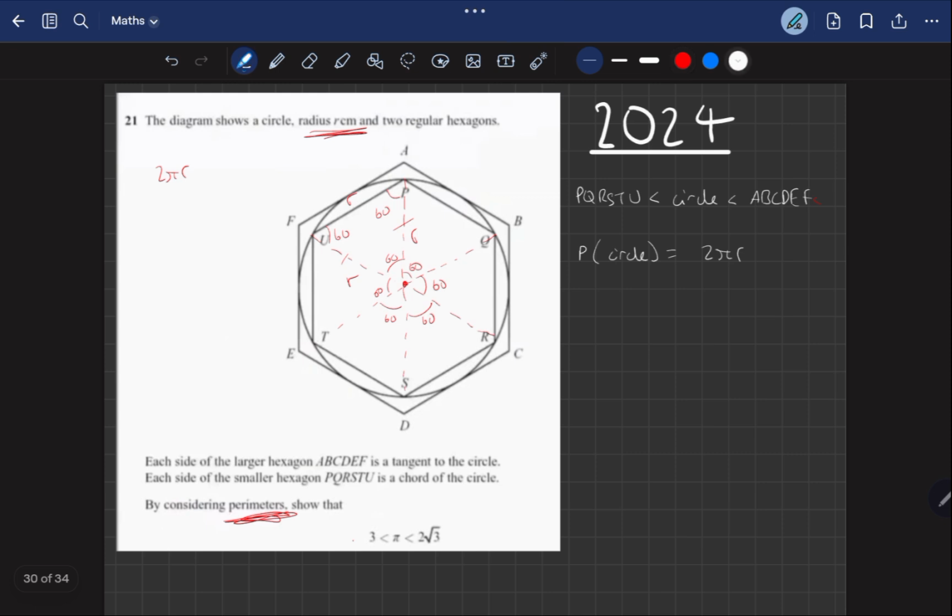Okay? So if UP is r, what will the entire perimeter of the hexagon be? The entire perimeter is going to be 6